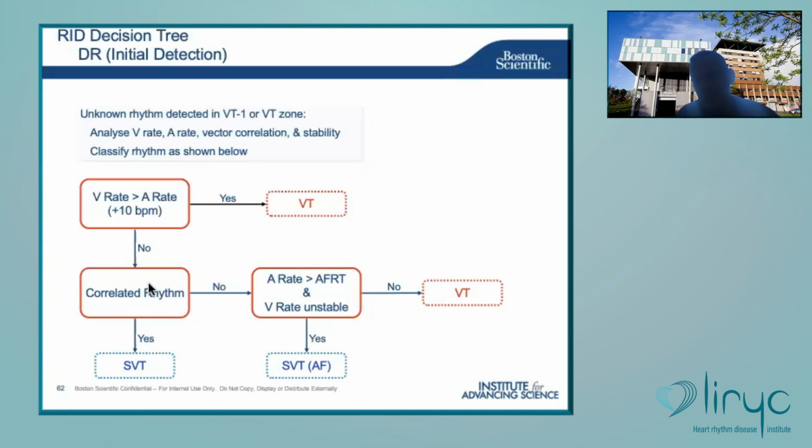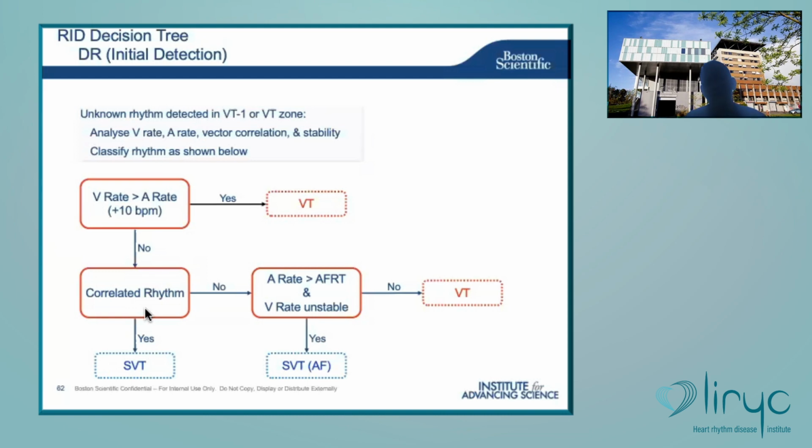And that's the same. If the morphology works well, a vast majority of the SVT will be here and will be correctly discriminated. So with these 2 first steps, you will correctly diagnose most of the VT and here most of the SVT. If now the ventricular rate is not faster than the atrial rate, and the rhythm is not correlated,